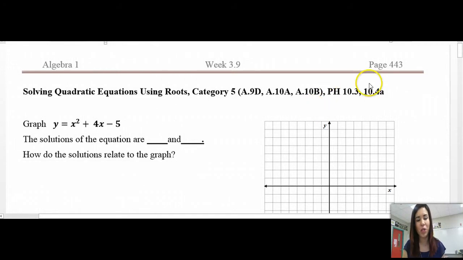Hi guys, in this video we're going to be looking at how do we graph quadratics and how do we use those graphs to find the solution of a quadratic. So in this first problem it says to graph y equals x squared plus 4x minus 5. So we're going to go ahead and get our graphing calculator, turn it on, select y equals and enter it